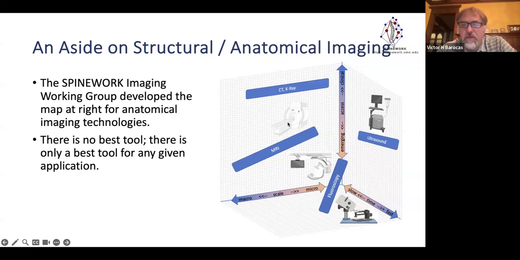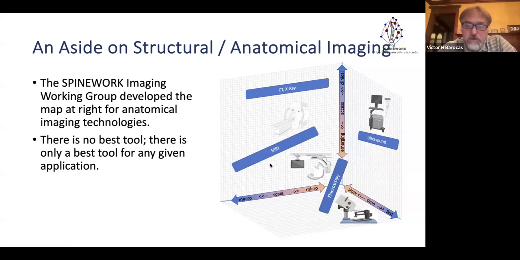CT, X-ray are very well established. They're not terribly fast. They work at moderate scales. MRI gives you a little more variety. Maybe it's a little newer. It's still slow, but it can see other things. Ultrasound is much faster and easier. Again, fairly well-established technology. So this is just when you're thinking about technologies for imaging, if you want to measure